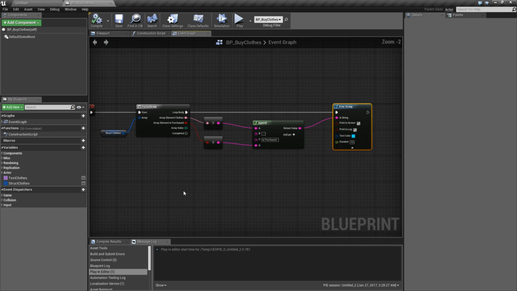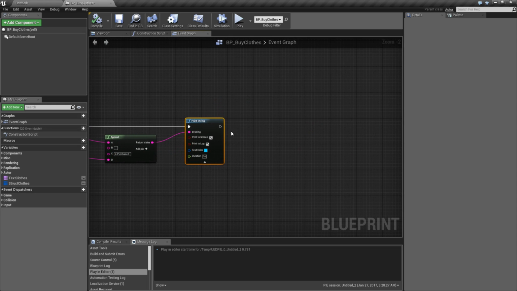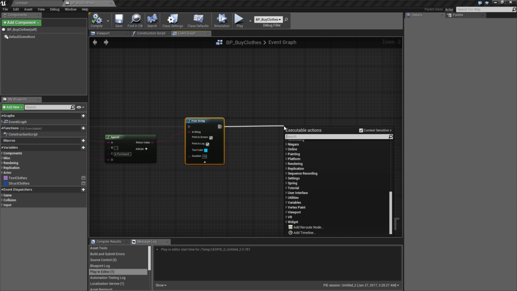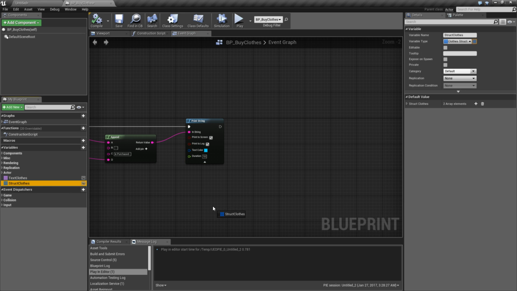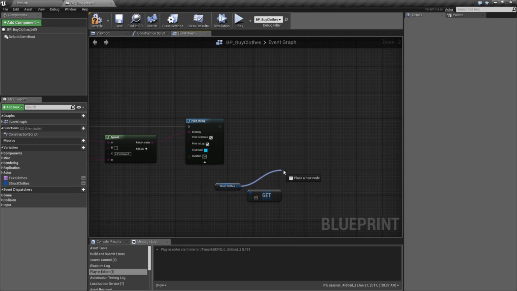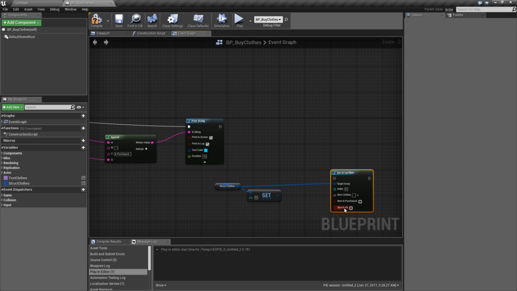And if we were to go through here, so let's say after we print it out on the string, we're just going to delay. Okay, grab our structure, here we go. And we'll get the first one, and then we're going to set array element of the first one, and we're going to set this to